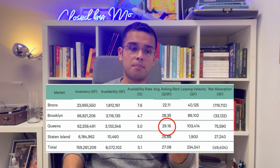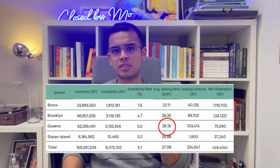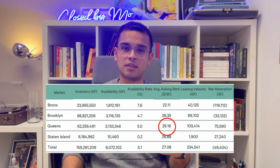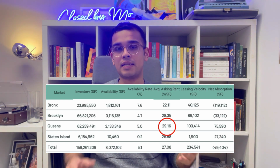A couple of other things to also keep in mind, just so you have an idea too. Queens definitely still has the highest price per square foot when it comes to industrial leasing, hovering right around $30 or so, followed by some of the other lesser known boroughs, with the Bronx being the cheapest borough for overall industrial space leasing. Now, I want to reiterate here, the square footage pricing coupled with the vacancy rate might tell you that, okay, well, things seem to be pretty stable, but you have to understand that